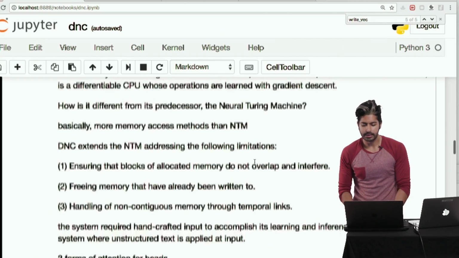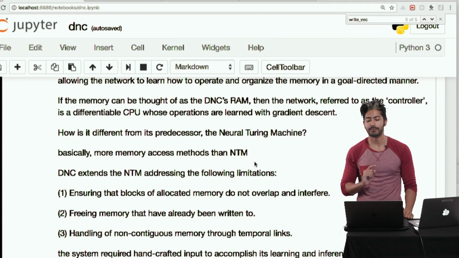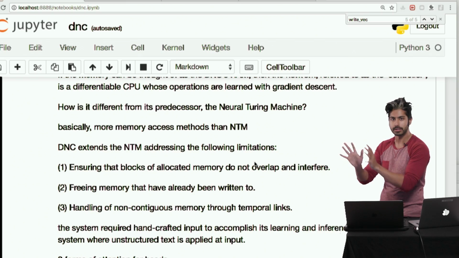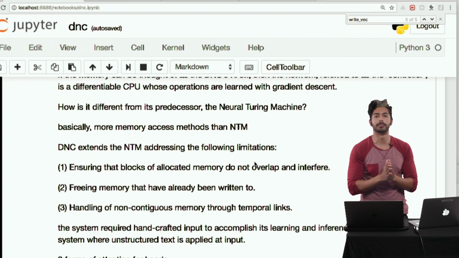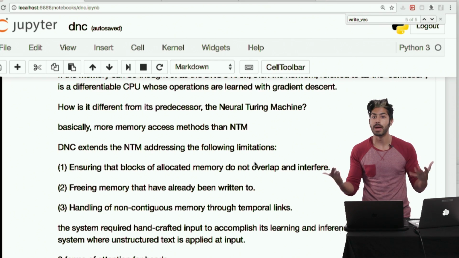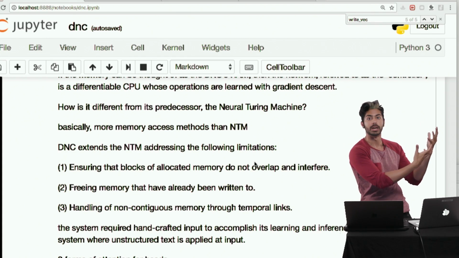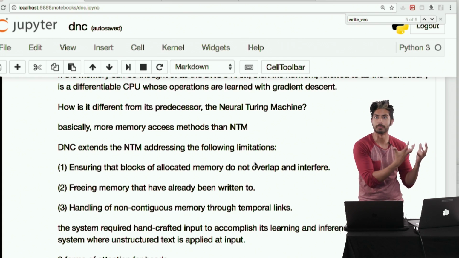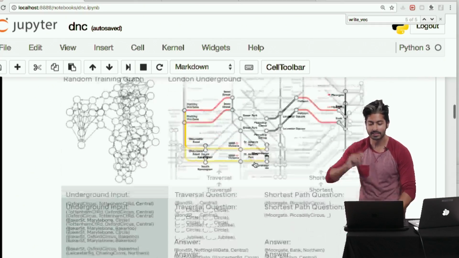The first thing that they did here, so let me answer one of the questions. One of the questions was, how is this different from its predecessor, the neural Turing machine? There are several ways that it's different, here's how it is different in text. But basically, it could all be summed up as there are more memory access methods. So it's different ways of interacting with memory. A more complex, more optimized way of interacting with memory than the neural Turing machine, and it added this temporal